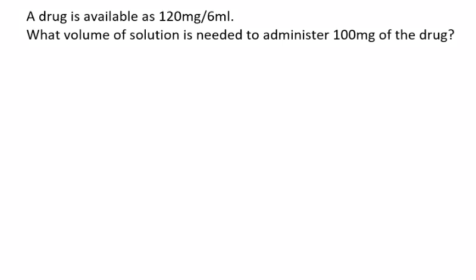A drug is available as 120 milligrams per 6 mLs. Here is our have. One of those quantities connected as a ratio will act as our have in the formula. And the question says, what volume of solution is needed to administer 100 milligrams of the drug? Here that word administer, give, indicates that the 100 milligrams is our want, what we need to give to the